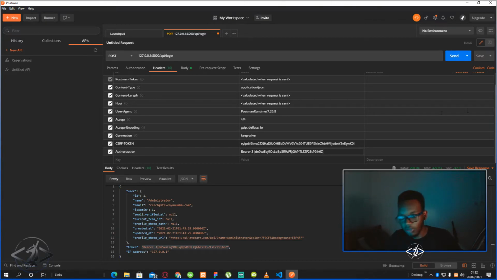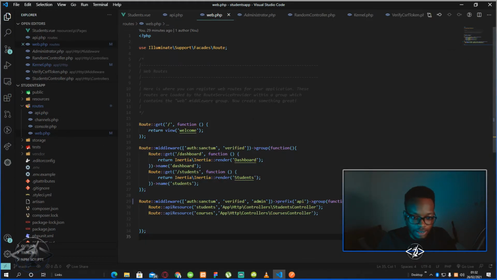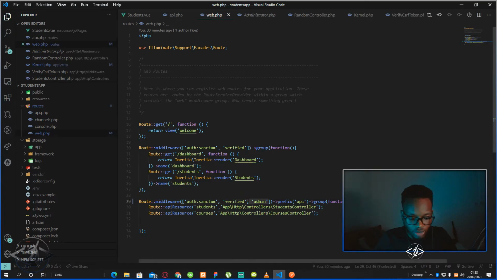Okay, so I'm gonna keep my authorization tag right there. What I'll do next is actually create some commotion within my web.php and show you guys that I can't access my dashboard. These routes are actually protected by middleware. There is students, so /students. If they were not protected by this middleware, then we would actually be done.